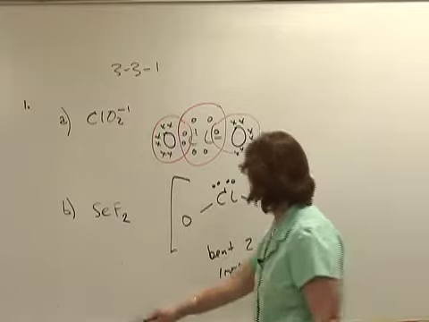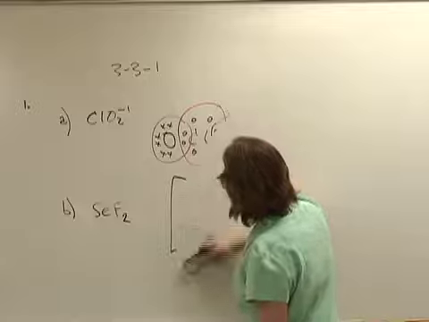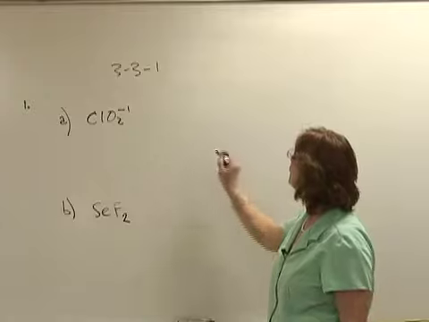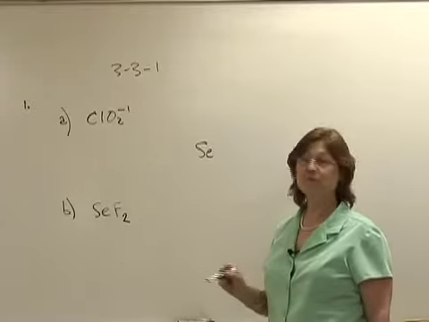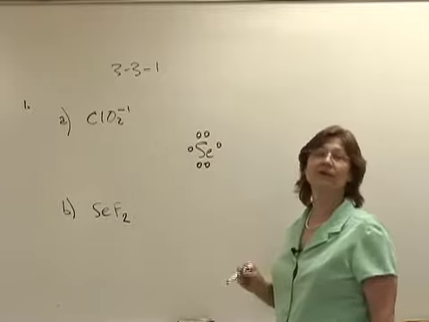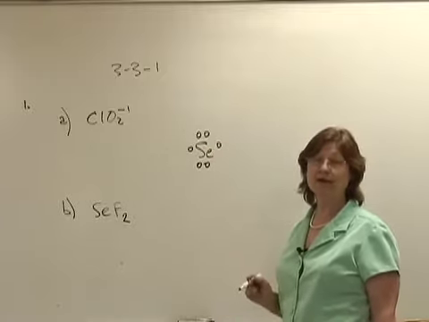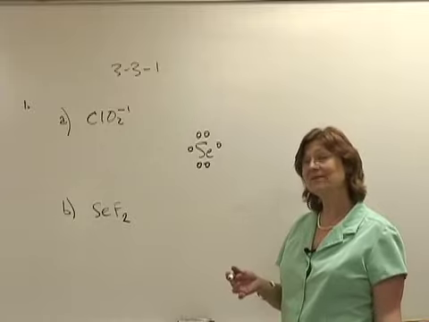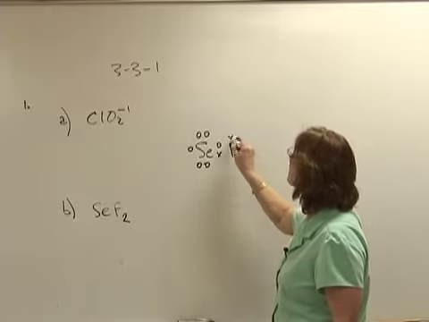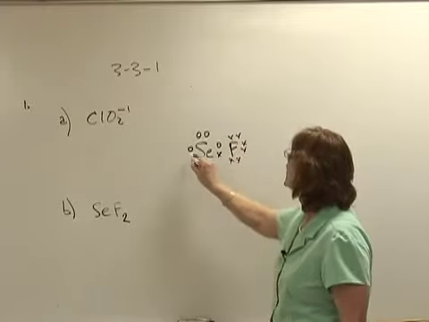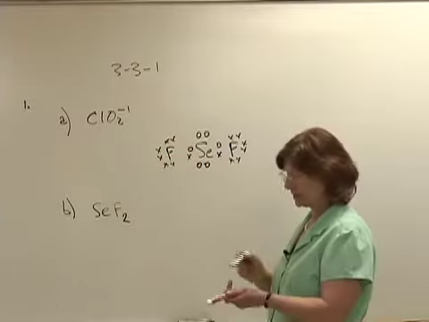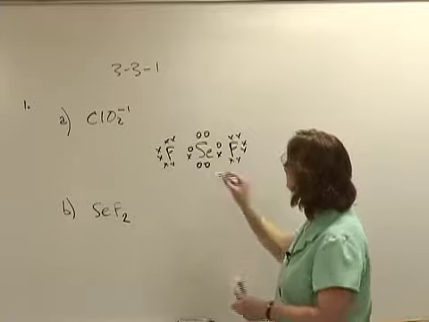In the second case, selenium is in the center of this molecule. Selenium is S2P4. 1, 2, 3, 4, and I'm going to put 1 electron on each side so that it can bond to the fluorine. Because fluorine is S2P5, which is 7 electrons, it wants 8, and therefore the 8th one will be shared with the selenium. And again, this is bent 2. I draw my circles around the octets